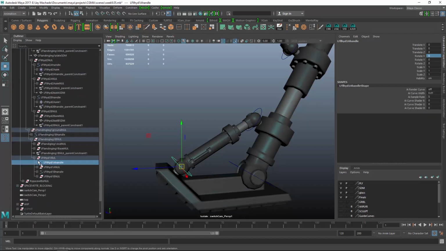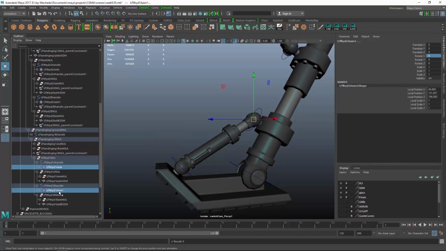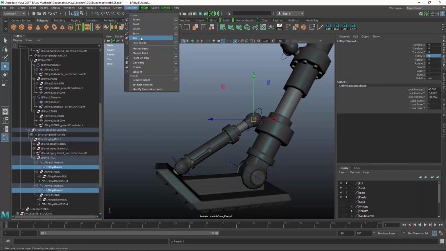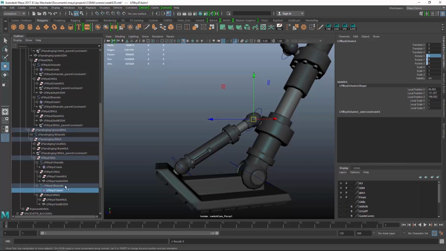So let me just open this up. I'll open up my handle and my aim, and then my group with my aim null in there. So now what I can do is grab these two aims, do the aim constraint, grab them in the opposite direction, do the aim constraint, and then what I can do